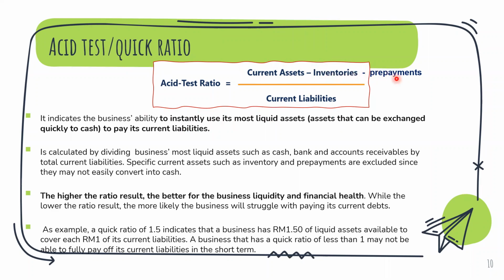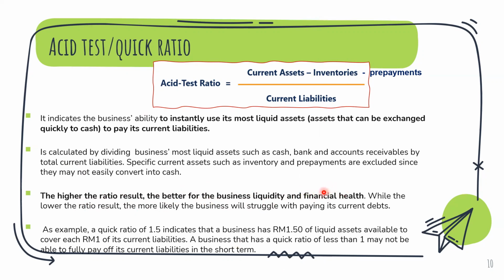Since these two current assets are not easily converted into cash, as a result, the higher the ratio result indicates that the business is liquid and healthy. While the lower the ratio result, it shows that the business is likely struggling in paying its current debt, similar